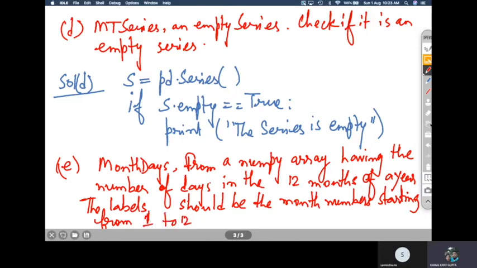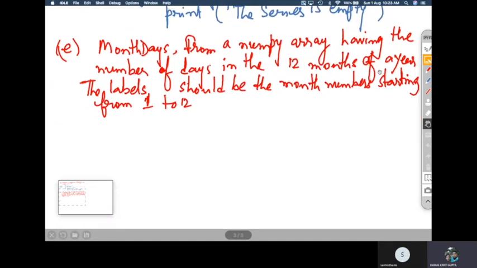So you have to create month days and use a numpy array having the number of days in the 12 months of the year. Each element will have the days in a particular month, and the label of the series should be the month numbers from 1 to 12.